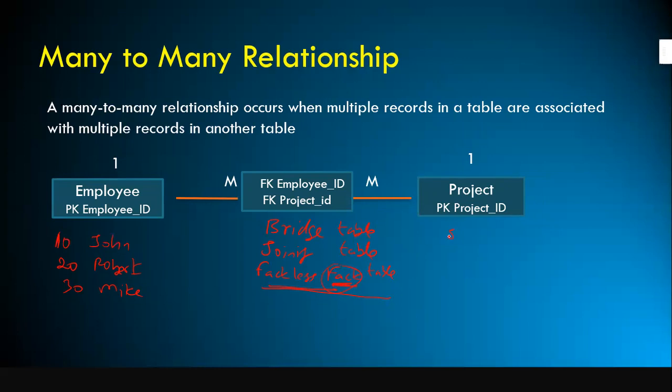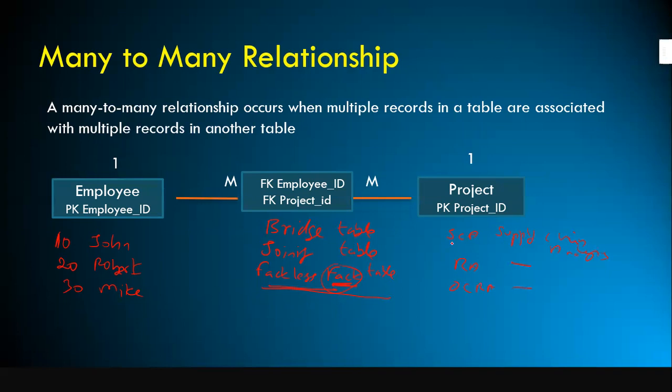For example, SCA, Supply Chain Analytics project. The name of the project is Supply Chain Analytics. And similarly, you have Retail Analytics, and Omni-channel Retail Analytics. These three projects are there.